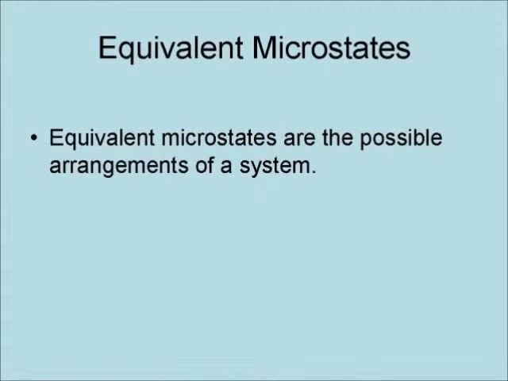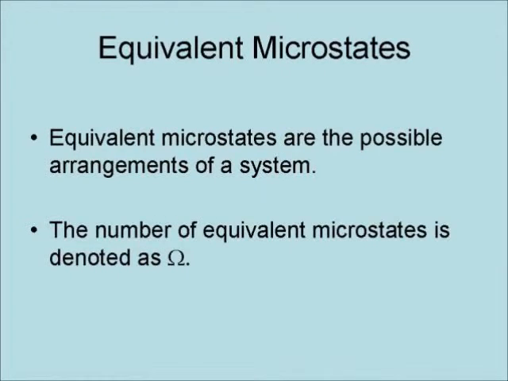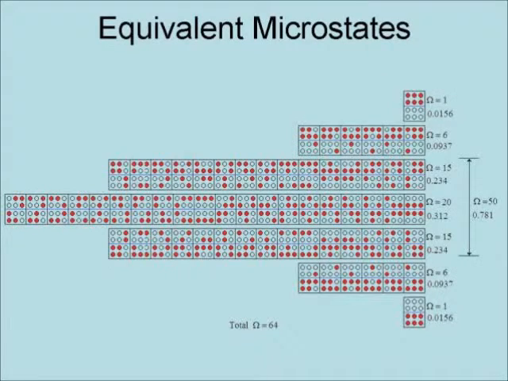Equivalent microstates are the possible arrangements of a system. The number of equivalent microstates is denoted as omega. This illustration shows the breakdown of possible microstates of a system of 6 dots. In this case, the total number of possible microstates is 64. Note that the most ordered states, of which there are 2, each have an omega of 1, with both of them having an omega of 2, such that the probability of one of them occurring is